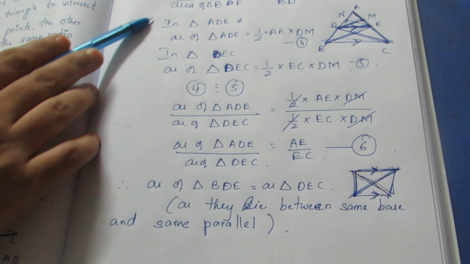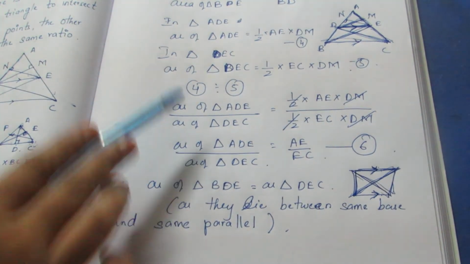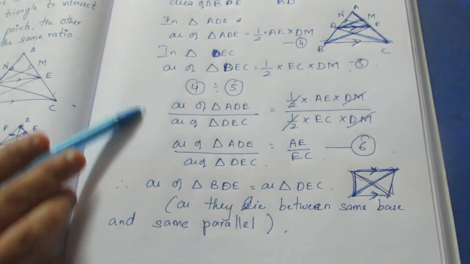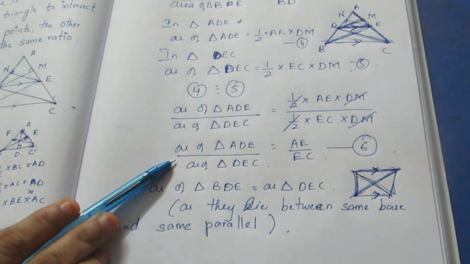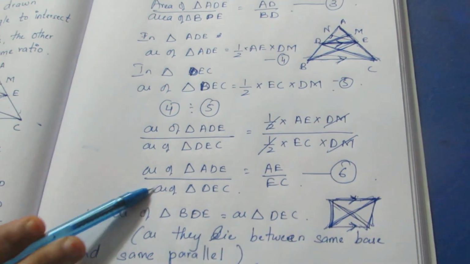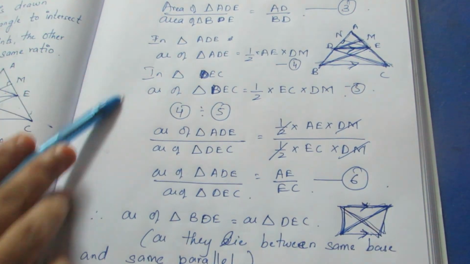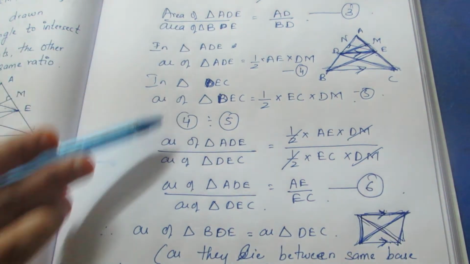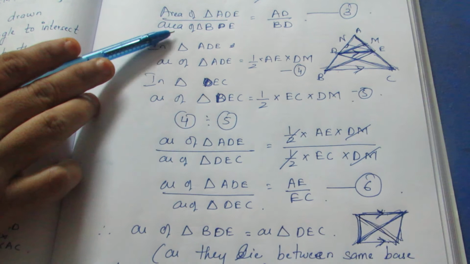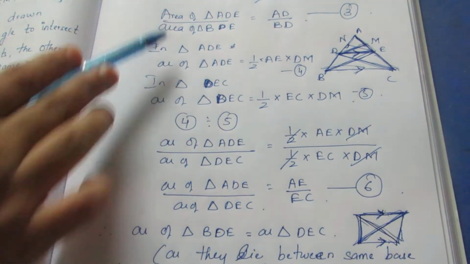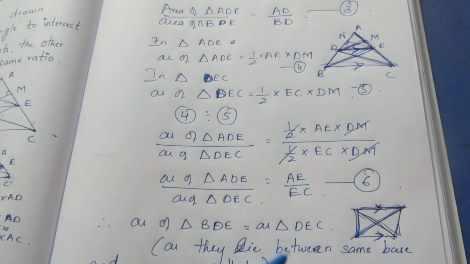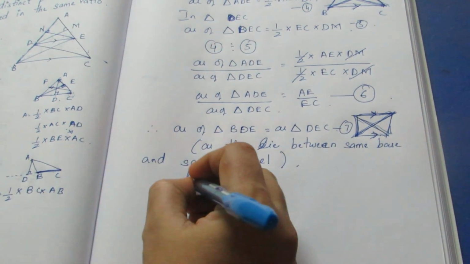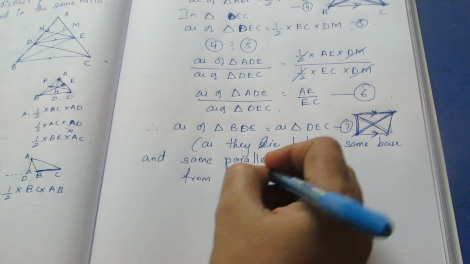So in ADE, this LHS is equal to LHS because numerator is equal to numerator and denominator is equal to denominator. If your LHS are equal, then your RHS will be equal. We have proved that the numerator is equal to numerator and denominator is equal to denominator. So this side is equal. So we can directly write, let me take this to be 7, from 3,